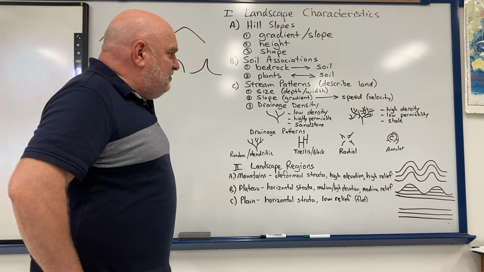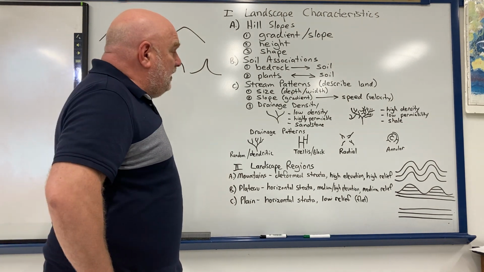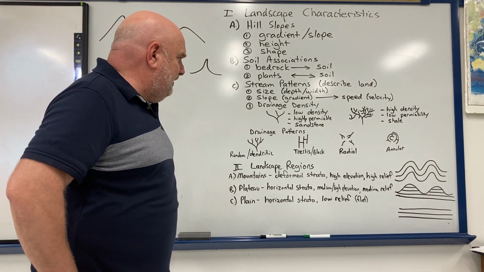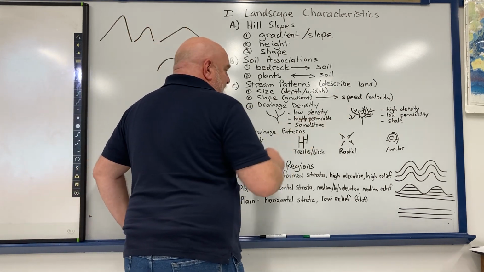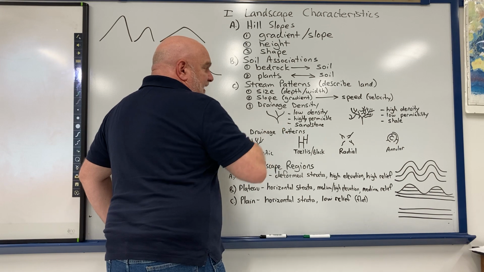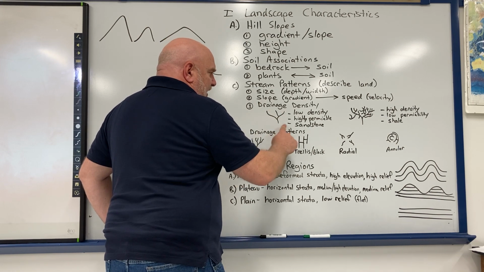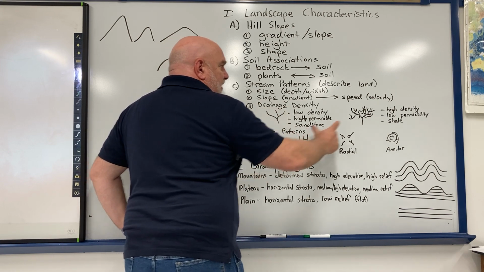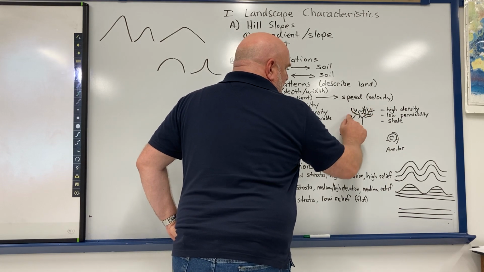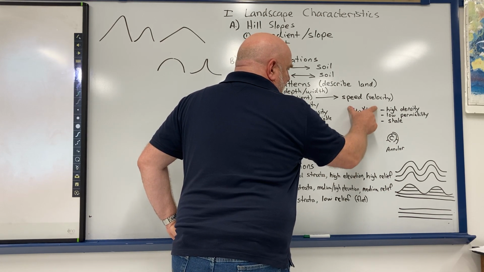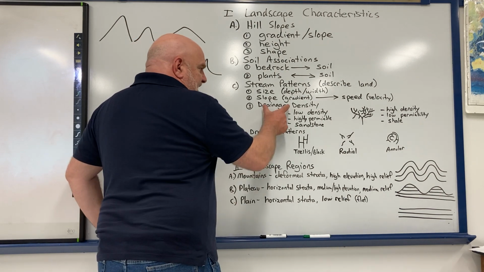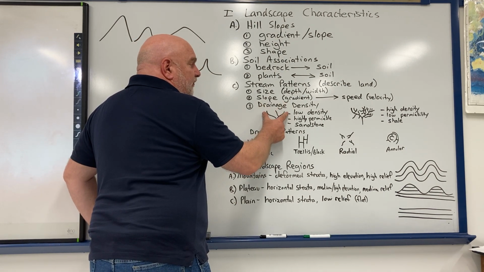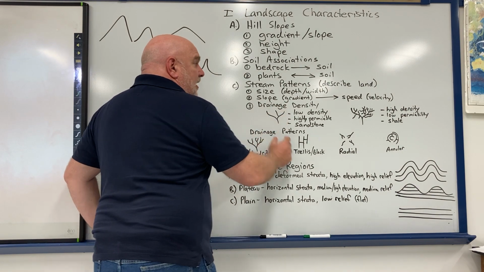Some of the other properties you might use to describe streams is something called their drainage density. All right. Now, this is not a bush and a tree. These represent two drainage systems. So here's a drainage system representing about that much area. Here's another drainage system averaging about that same amount of area right there. Now, what I'll notice is that in this area, there are far fewer miles of streams than there